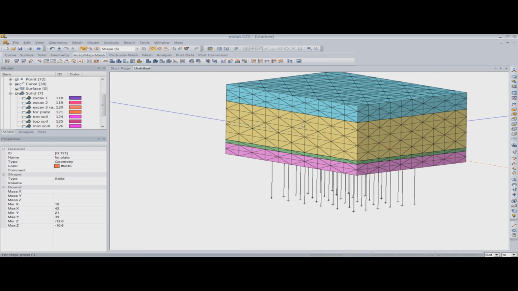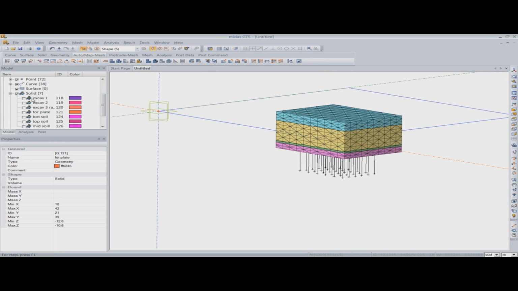Why I divided this layer into 3 different excavations is because I want to have a plate and I want to have the raft on the top here, so that's why I have divided them into 3 different layers. But for the initial condition analysis, from here to this location it will be all the mid soil, so that's why I have provided them the attributes of the mid soil.